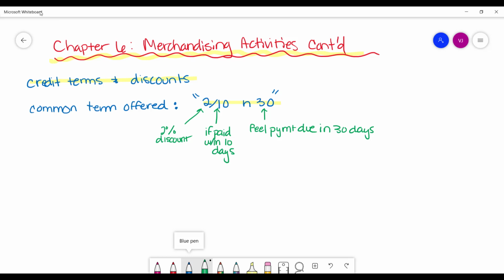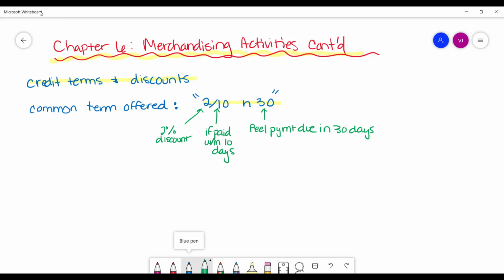If you are the buyer, this would be the terms of your discount. However, if you're the seller in this situation, if you are the supplier, this would be the sales discount that you're offering to your customer. So this is really common practice. However, how you decide to record your purchases of inventory or your sales, if you're the one selling, whichever perspective we're taking it from, there are two ways that you can record these transactions. You can use the net cost method or the gross method.